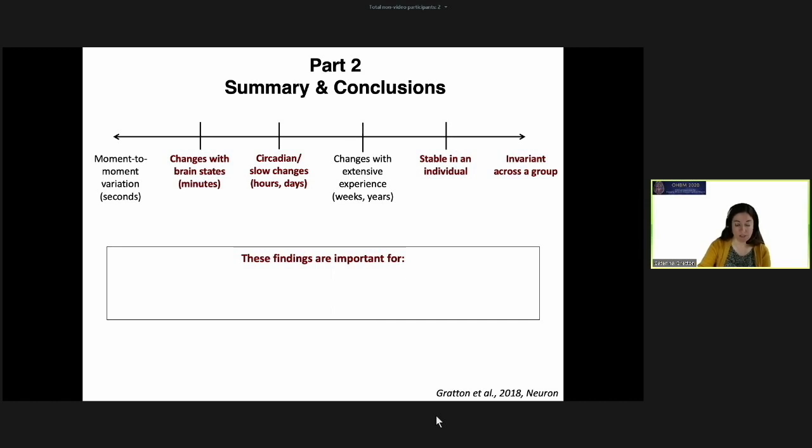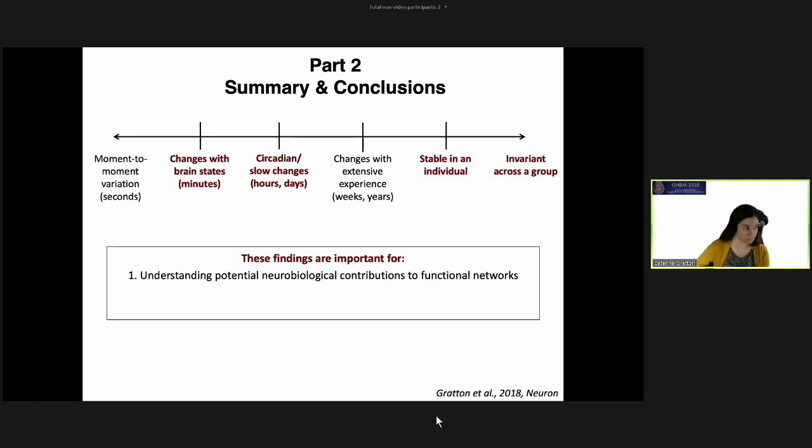Now, why are these findings important? Well, I think they have a number of different implications. First off, they suggest something about the potential neurobiological contributions to functional networks. That is, that they're more likely to be driven by stable, well-conserved factors than ongoing thought processes or